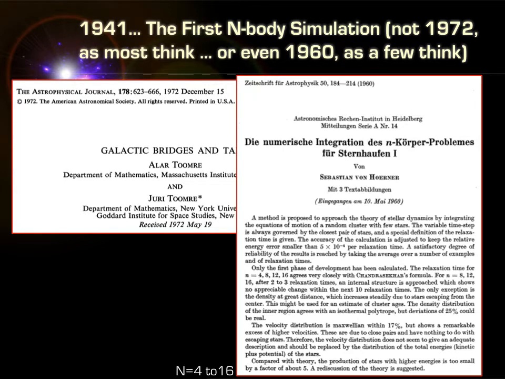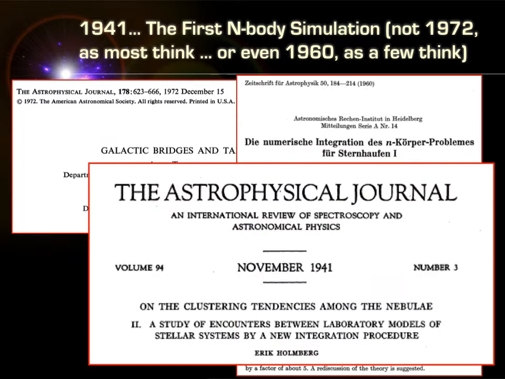But even that one from 1960 is not really the beginning of the n-body simulation game. It actually goes back to 20 years earlier, 1941, and that is about 7 years before the invention of the computer. So you might wonder, how did this galaxy simulation paper actually come about when computers didn't actually exist at that point in time? That's a really prescient, beautiful paper from Erik Holmberg in Sweden at Lund Observatory, who recognized he didn't have a computer to play with,